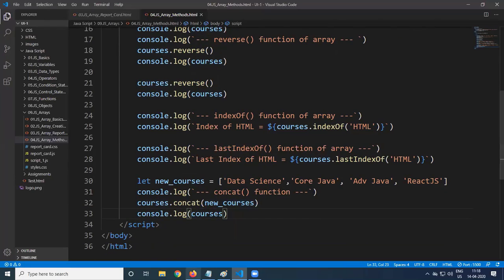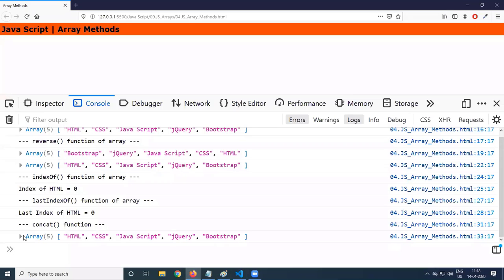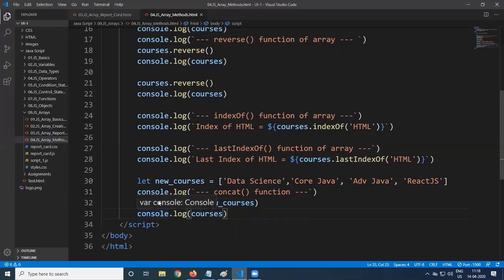But do we have that? No. It is coming as the same courses only. So the concat method is not making any changes in the existing array.